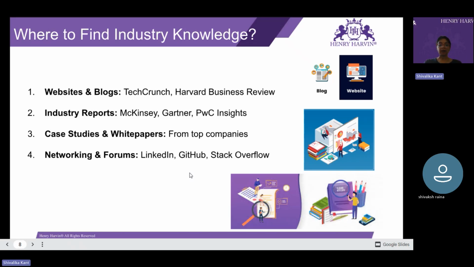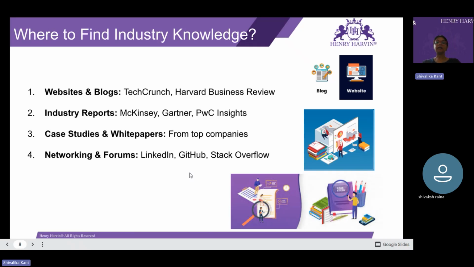Then you have online learning platforms. There are different types of platforms that offer industry-specific courses: AI, finance, marketing, all these things they provide. Then you can go for company-specific knowledge. On company websites, learn about the strategies, mergers, and product and service launches that they are doing. Then their annual reports and investor presentations. Then you can go to job portal websites like Glassdoor. Amazing information, experts there also share good information.